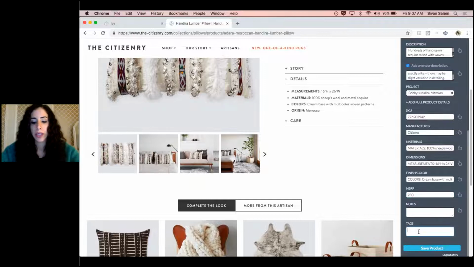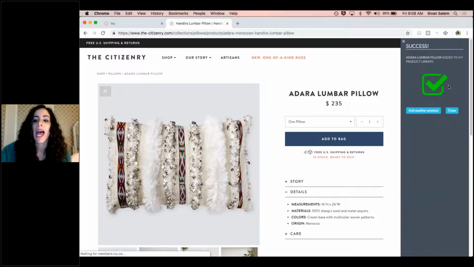Any notes or tags. So I can even tag this as pillow, because while I did add a category of accessory, adding a tag will allow me to easily search in my product library for all of my pillows specifically. You could do the same thing with accessories that are brass, for example. You can add the brass tag and then just easily filter through and find what is tagged as brass in your library. So I'm simply going to save this product,